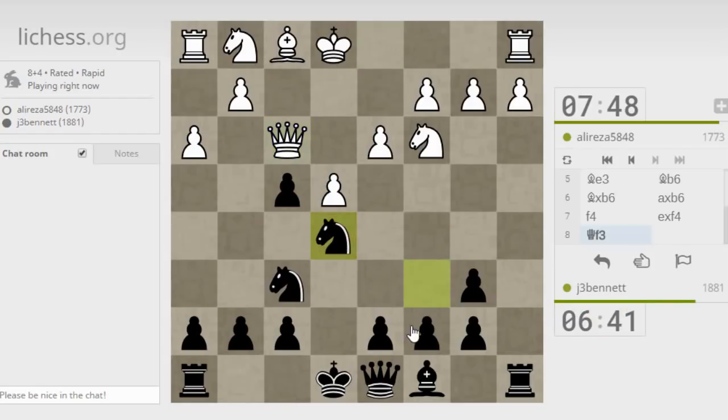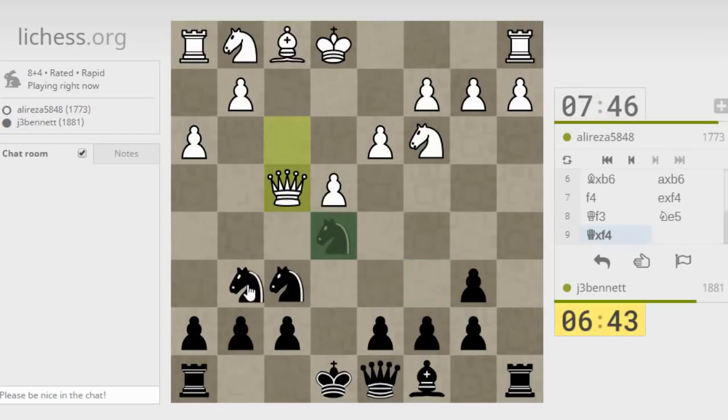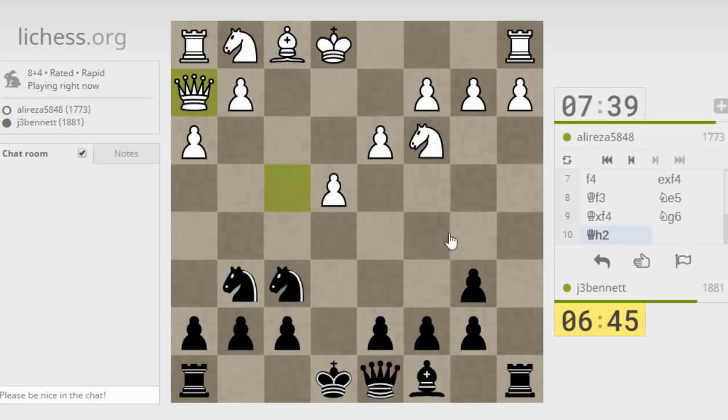Okay, so let's do this knight maneuver. I'm trying to get in the move D5, basically. And with my knight over here, I can play C6 and then D5. If he drops his queen back to F3 to prevent D5. If he doesn't, I can play D5 immediately. Well, it depends on where he goes. I also have to worry about him playing E5 as well as